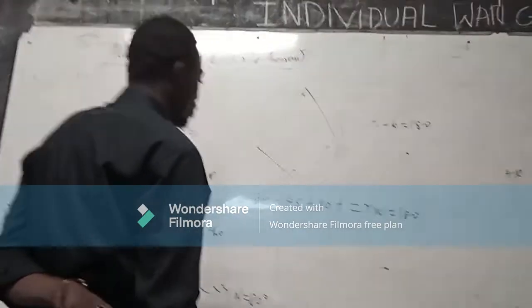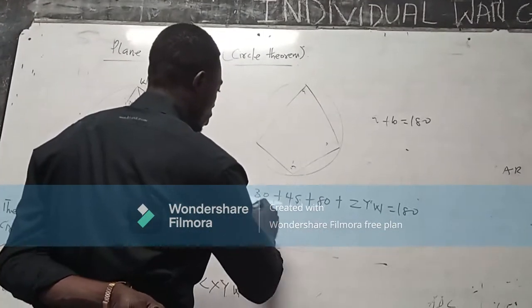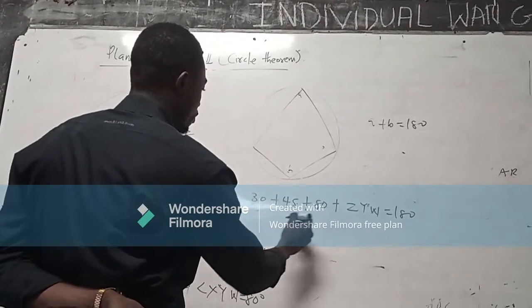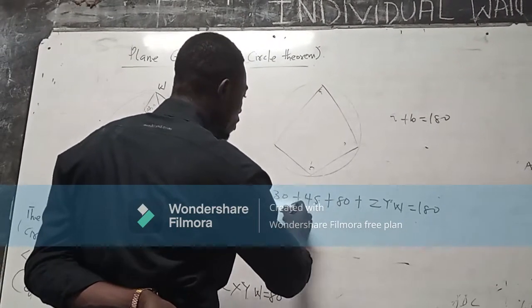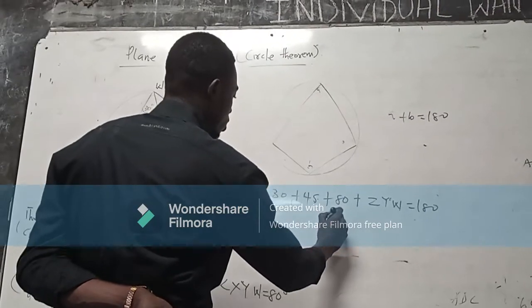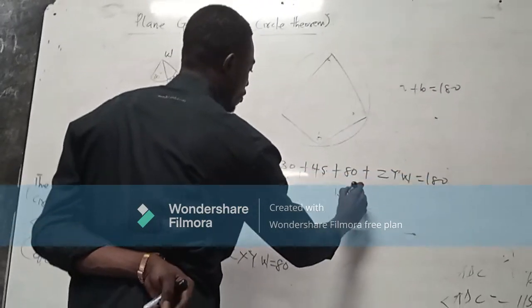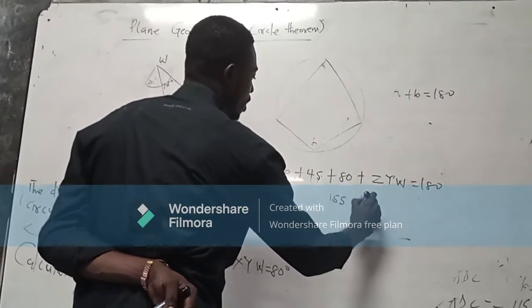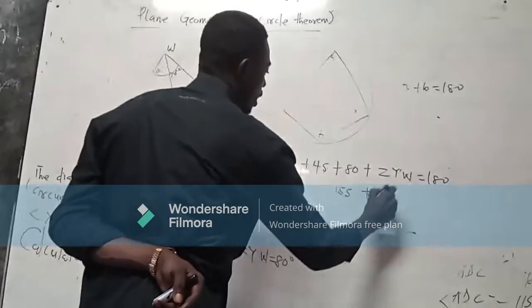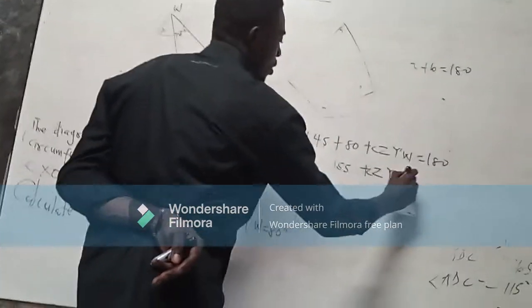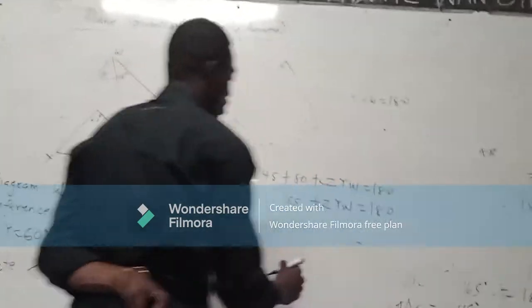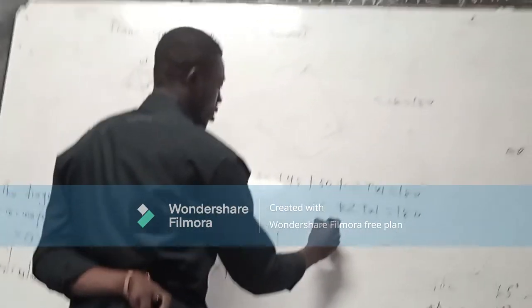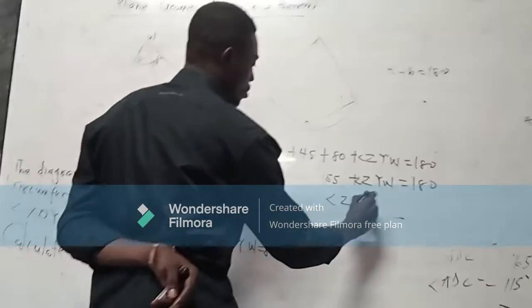When you sum this, it is going to be 75 plus 80, so we have 155. So 155 plus the angle from here is 180. So you cross, and this is going to give you